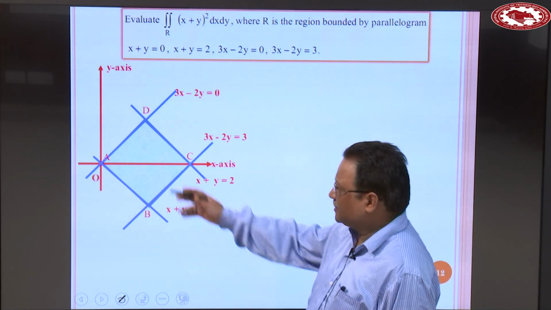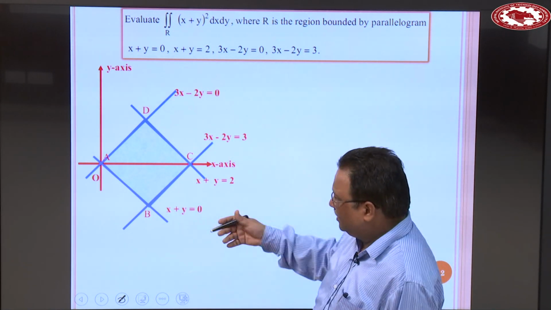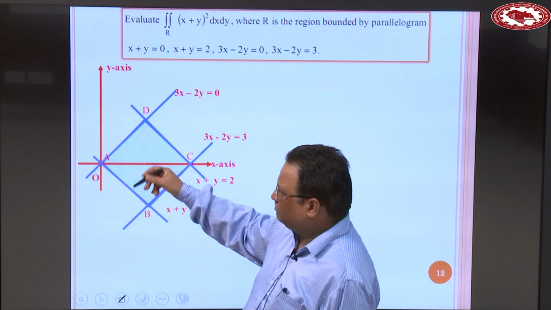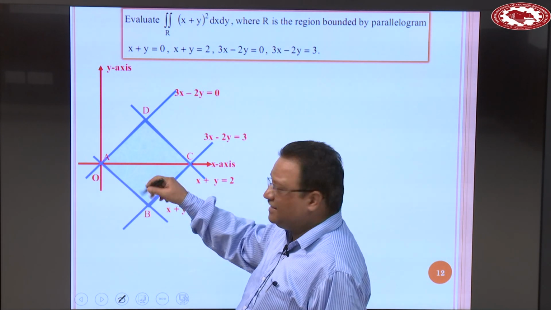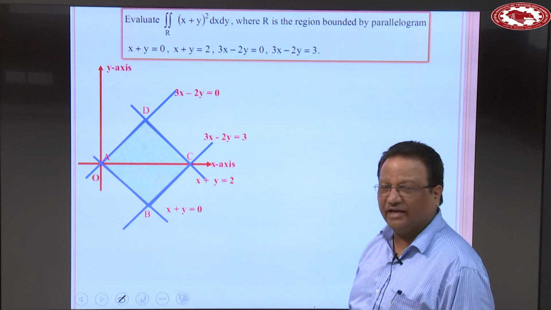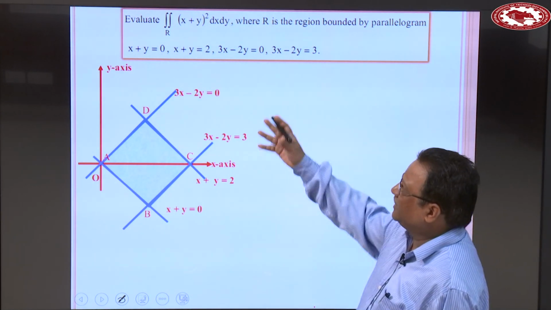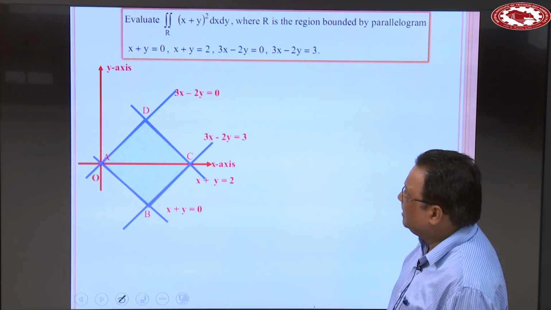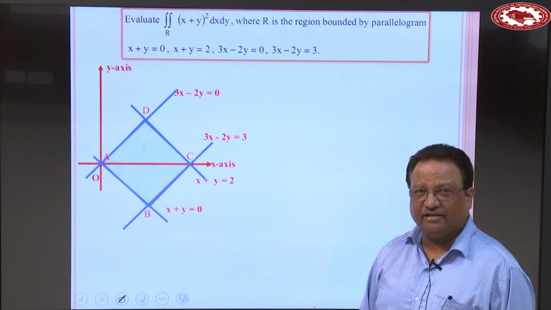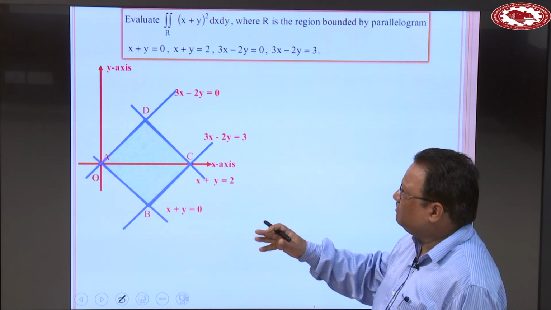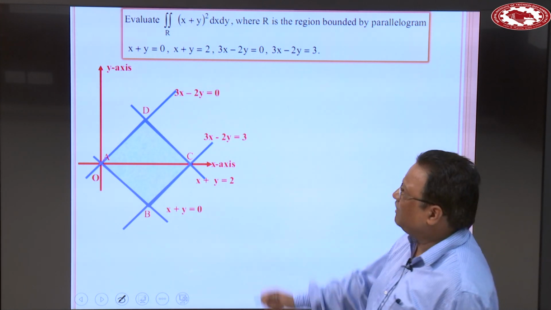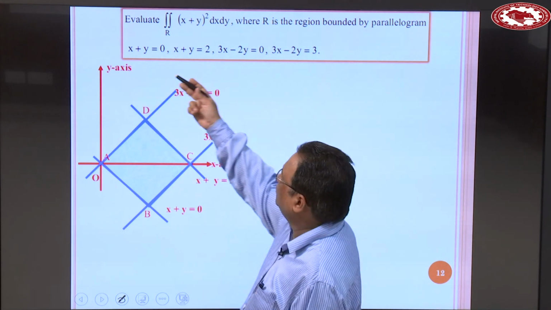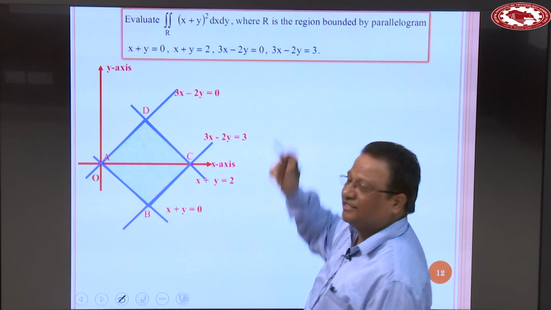Clear? But if we solve it directly, there is a little difficulty. You have to take a strip, no issue, and it may be that when you take a strip, these arcs, these lines, also change. And it may be that this double integral problem splits into 2 double integral problems. But we can change this problem by using the transformation, putting x plus y = u and 3x minus 2y = v.